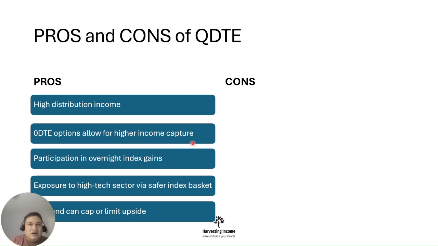Anyway, so long story short, that daily income capture works really well, and they're able to participate in overnight index gains. I already explained that. And exposure to high tech sector via safer index basket. Instead of investing in the new Teslas or new tech companies that you have never heard of, you can safely invest in this basket, and you don't have to choose one particular stock. You can just invest in the basket, and the fund can limit the upside